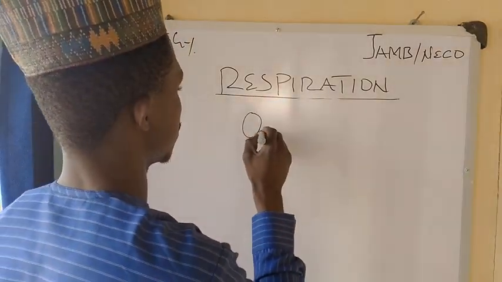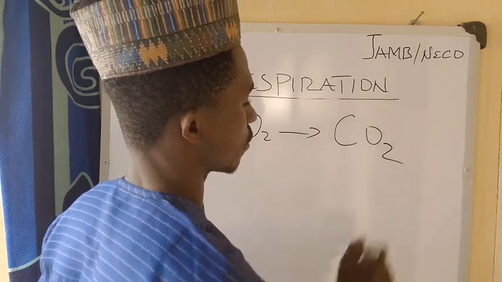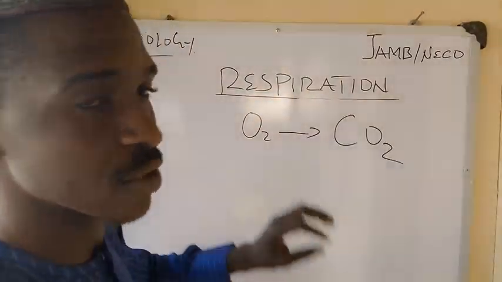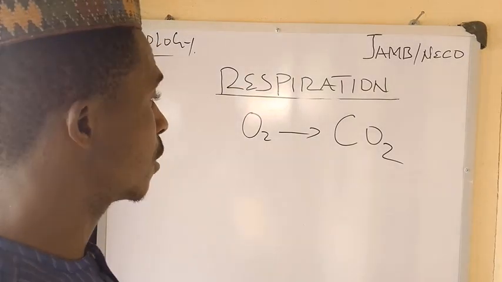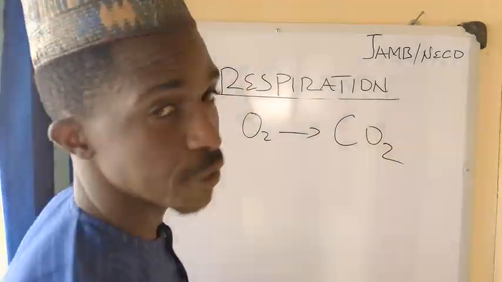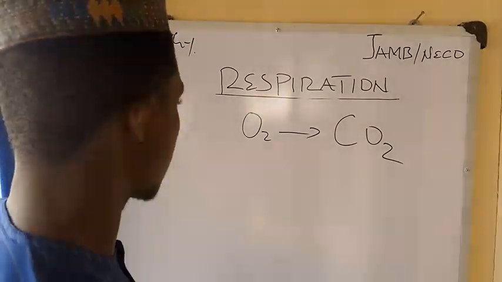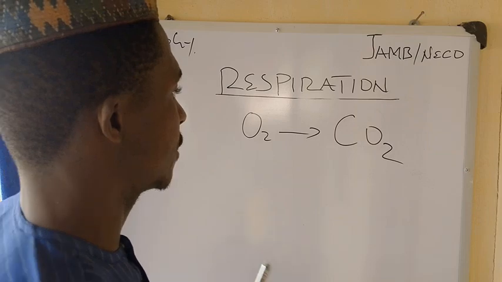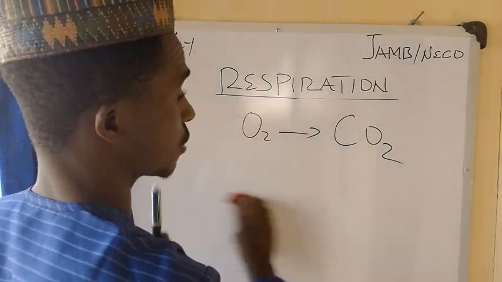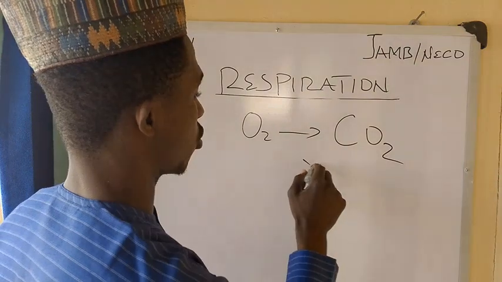if you breathe in oxygen, how do you breathe out carbon dioxide? Where is the carbon obtained or gotten from? And this carbon, we should know, is obtained from where? The food substance we consume. That is from glucose. If, for example, I ate food such as a carbohydrate food, such as bread or yam,